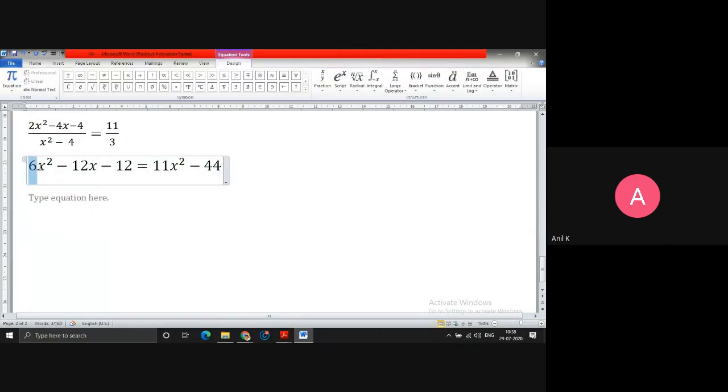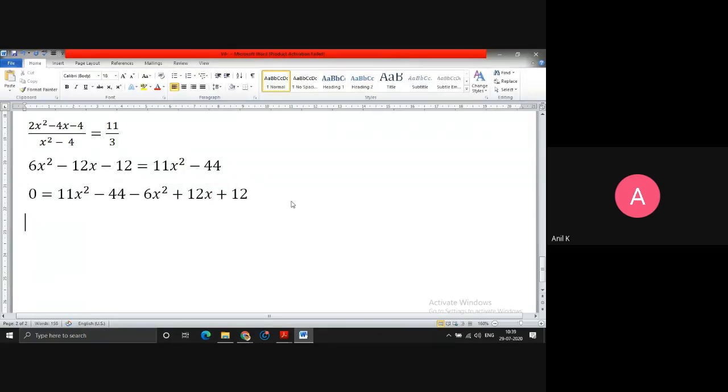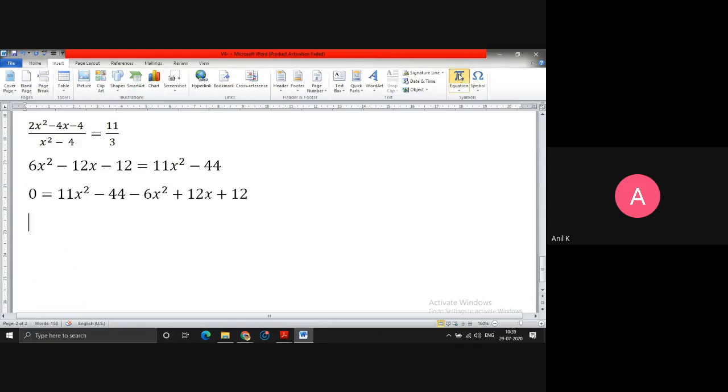Now what you can do is bring all these terms to the RHS. So if I bring every term here, 0 will be left out. First, let me write what the terms are here. I'll keep these terms as they are. Now 6x square will come as minus 6x square. Then minus 12x will transfer to the right hand side as plus 12x. Similarly, minus 12 is here. It will transfer this side as plus 12. Now the final simplification I'll get.